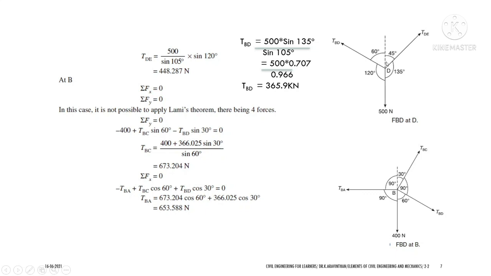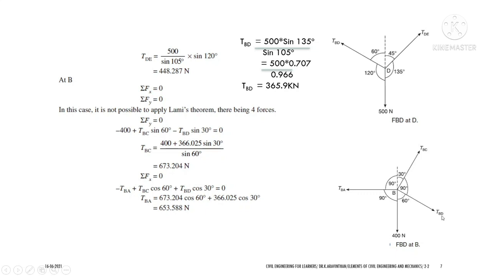Okay. Let us take the next free body diagram, which is at point B. So you have three unknown forces and the fourth force is the load. So here you cannot use Lami's theorem. Why? Because only if you have three forces and the object in a state of equilibrium, you can find the solution here. If you have more than three forces, you can use resolution of forces. So what you can do is resolve horizontally and vertically. You can use summation of Fy equal to 0 and summation of Fx equal to 0 in order to find the remaining forces. Okay. So let us resolve all the forces.